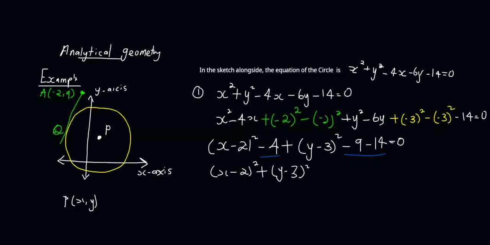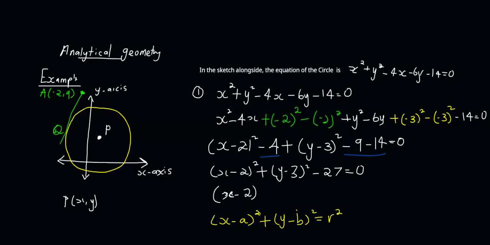And then this basically means, remember the standard equation of the circle. It's always going to be x minus a all squared plus bracket y minus b all squared, it's equals to r squared. And then in this case, you're going to write this as what? As x minus 2. So Yakil is saying p is 2 and 3. Yes, you are correct, Yakil. And then you're going to say all squared plus, that will be y minus 3